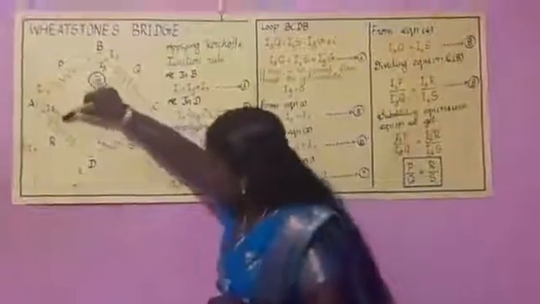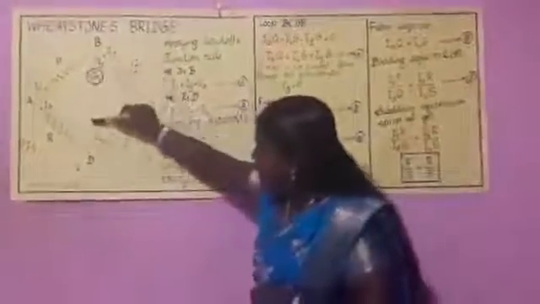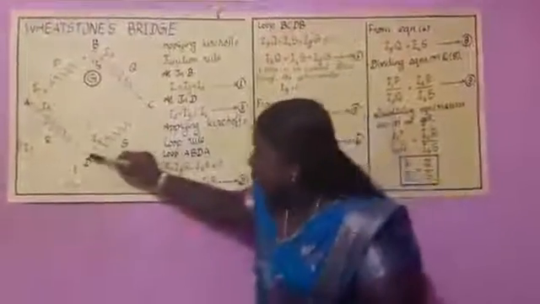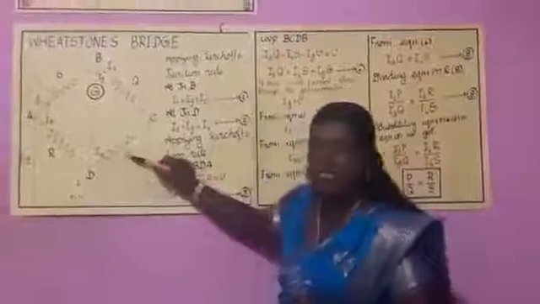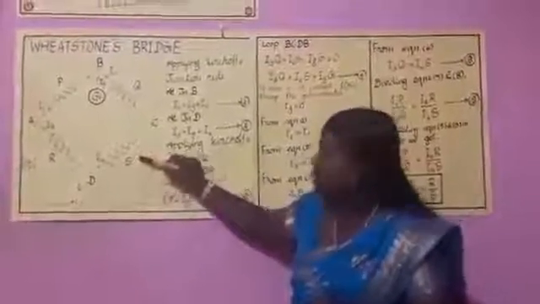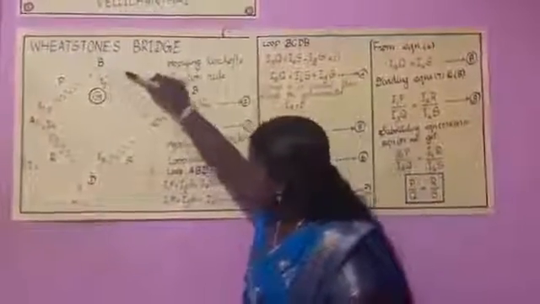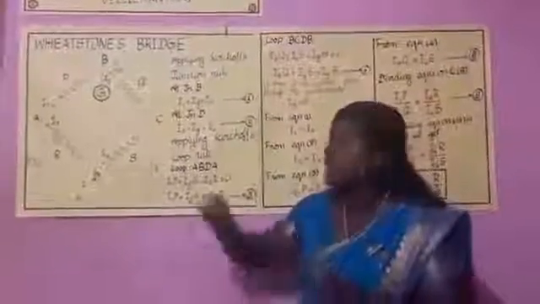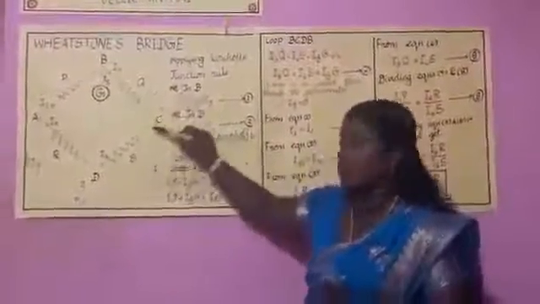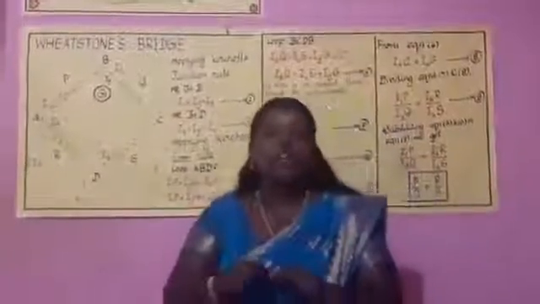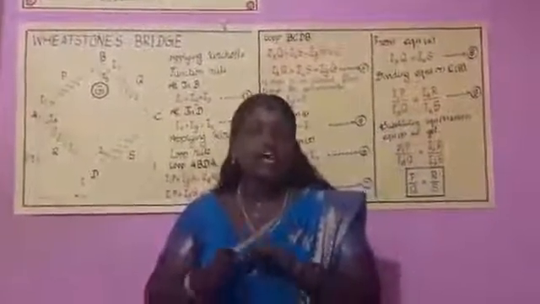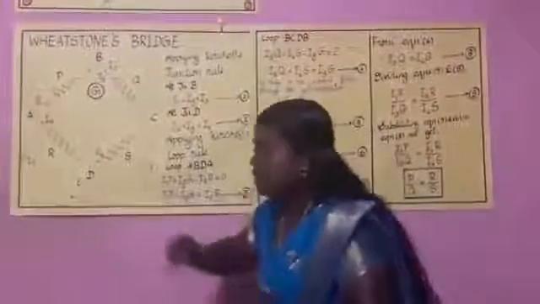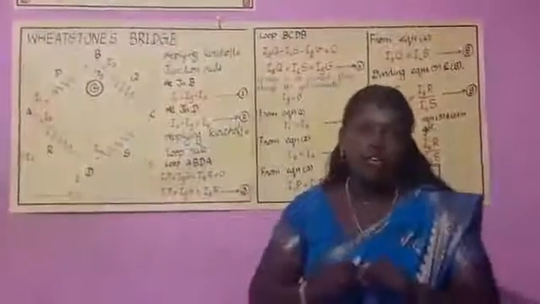The next, I2 current and Ig current enter into this junction, that is D. Some current is sent to this resistor, that is S. Here I3 current passes through this resistor Q. So finally this I3 current and I4 current join to form a common current, again I. Then this I current goes to the negative terminal of the battery.